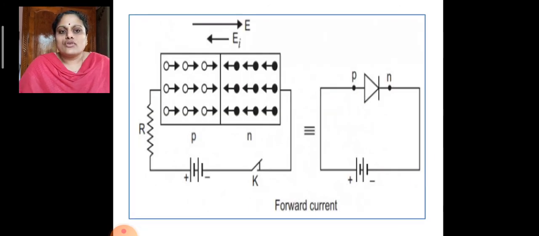In the case of forward biasing, the positive terminal pushes the holes towards the junction and the negative terminal of the battery pushes the electrons, or repels the electrons, towards the junction. Hence, electrons and holes cross over the junction and they get attracted to the opposite terminals of the battery. Thus, a current flow is set up in the case of forward bias. The symbolic representation of a diode along with forward biasing is shown in the second figure.